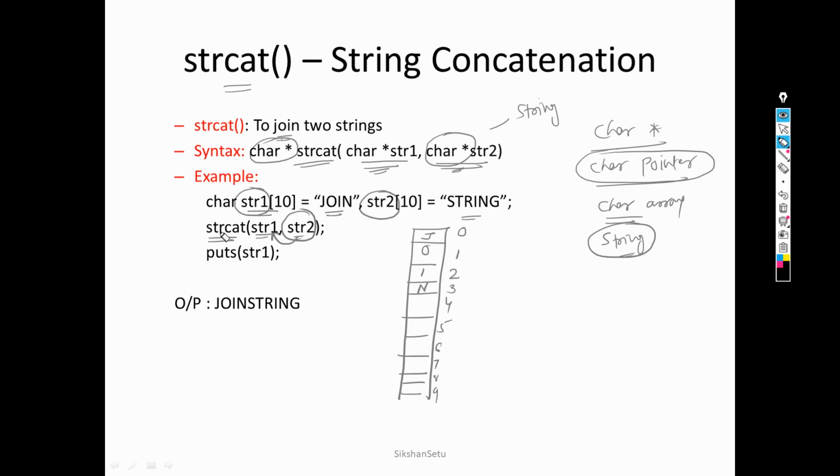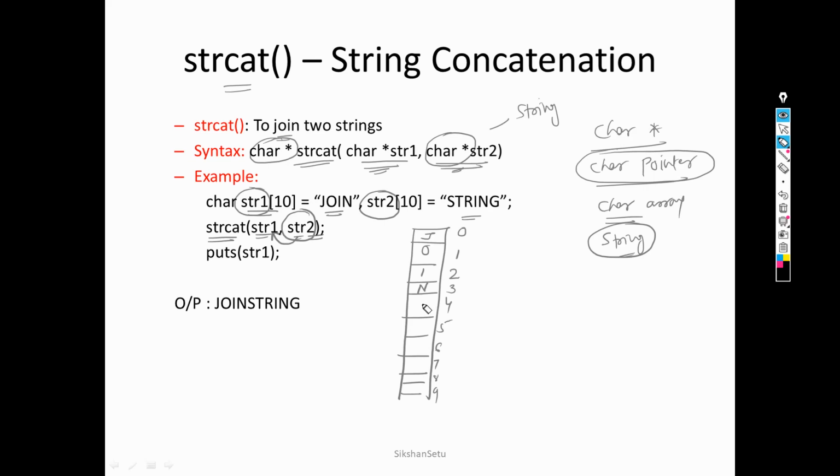Now strcat means string concat. What it does is add the content of the second string, or the second argument, into the first argument. We can say the content of the second string will be copied or added to the first string. The content of the second string is string, so that will be added to str1.